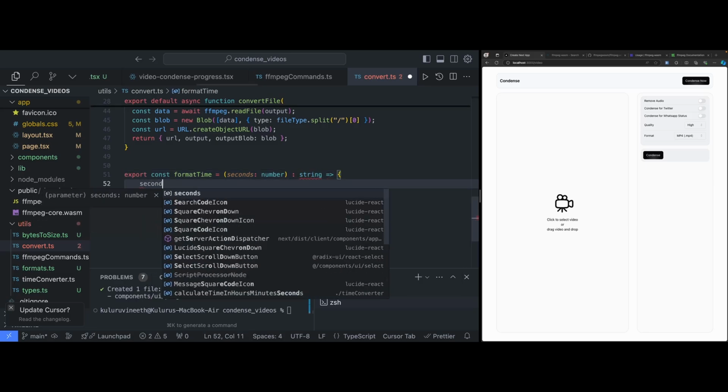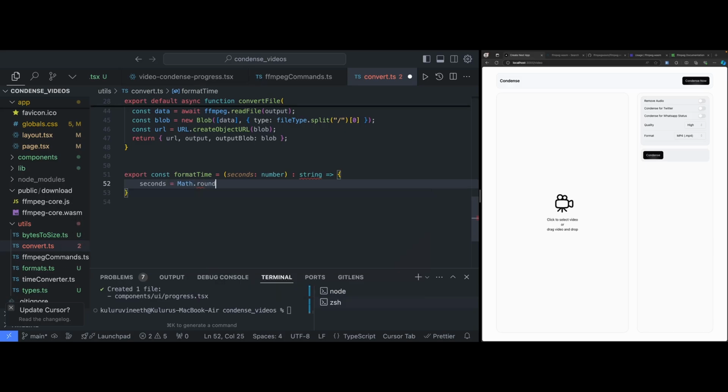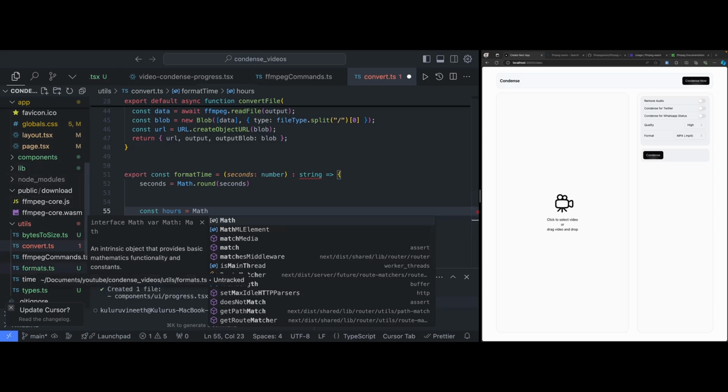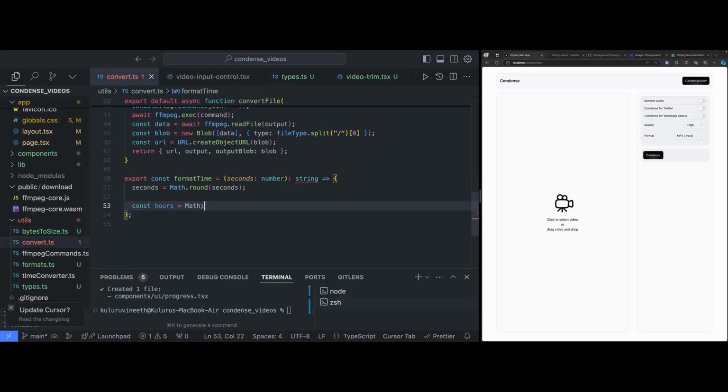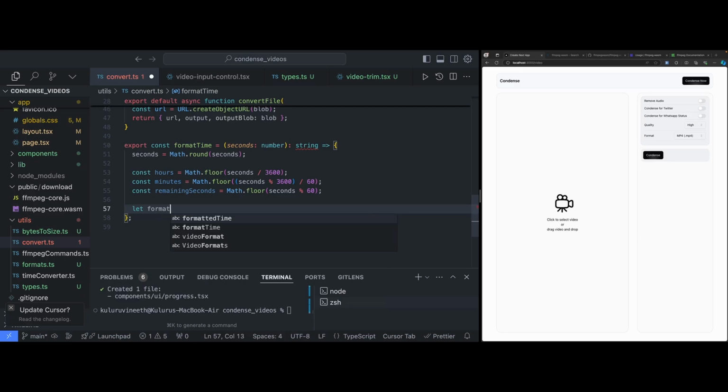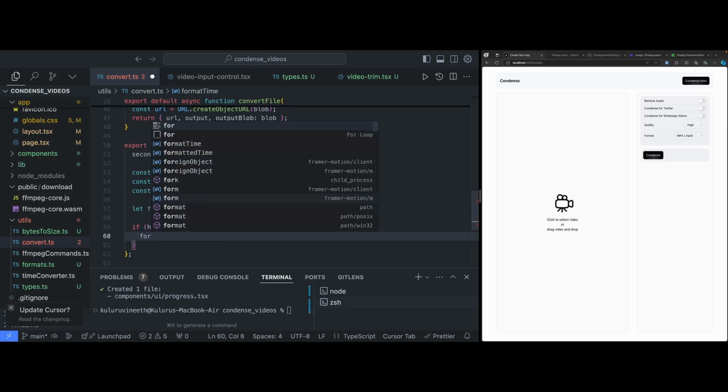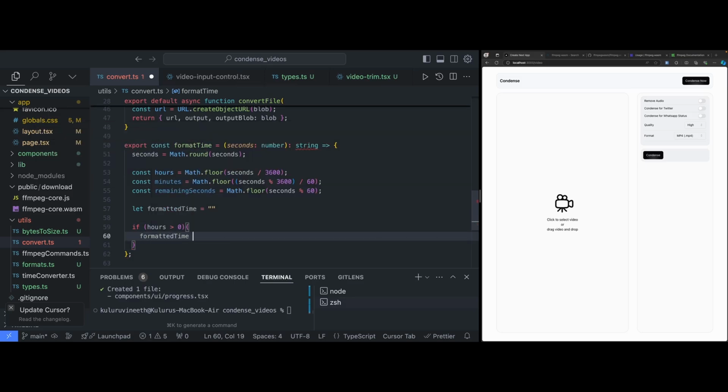Here this seconds, I'm just going to round the seconds value that I get, and the hours. We already have this here. Where is this time converter? So I'm just going to take this thing. Okay, fine. Remaining seconds and all. So here I just have this formatted time, which is going to be an empty string. So here if this hours is greater than 0, then the formatted time I'm going to append the